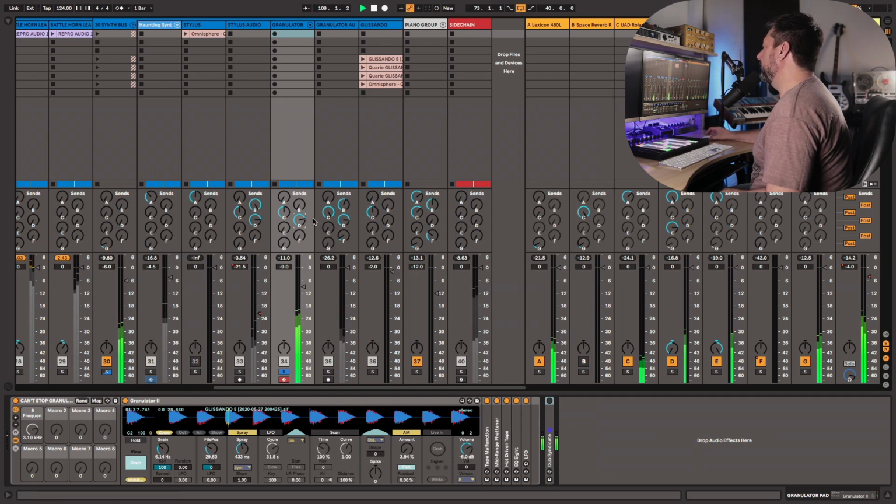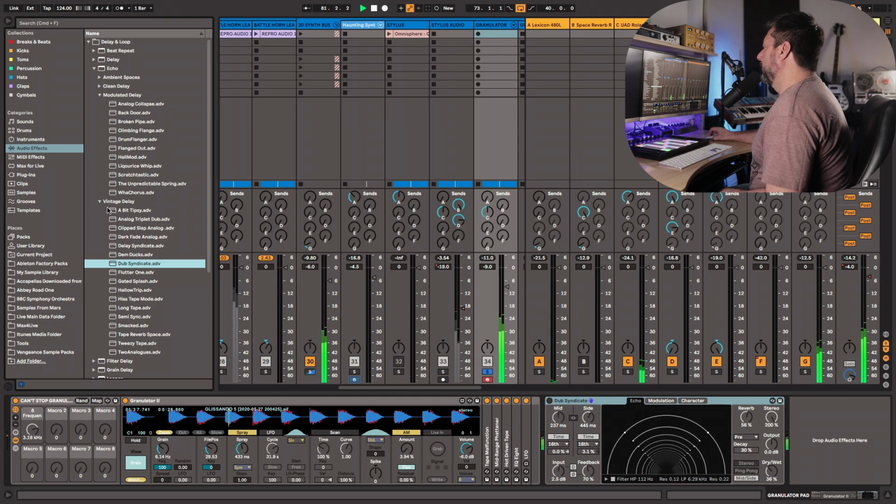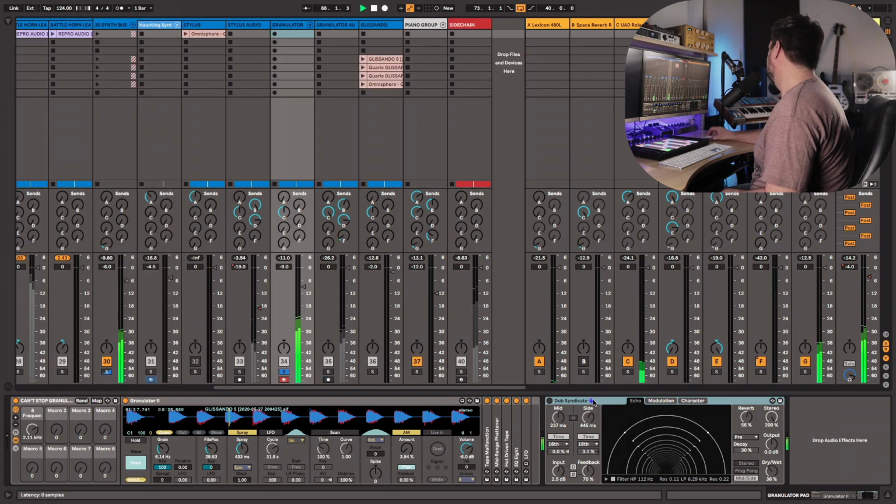So one last thing, I wanted to show you another way of doing this. If you don't want to set it up so that you're going to effects sends, we can turn that off. And on your pad channel, or track I should say, you can put an echo effect. In this case, it's under echo modulated delay, sorry, vintage delay, and this one's called Dub Syndicate. I just chose that because it had the name Dub in it. Anyways, with that on,